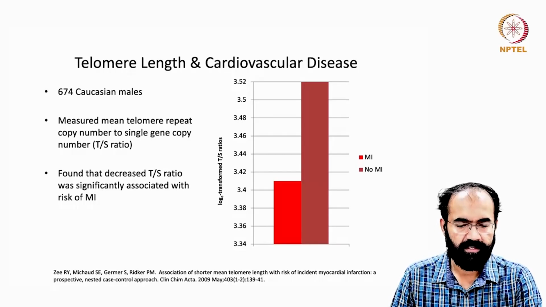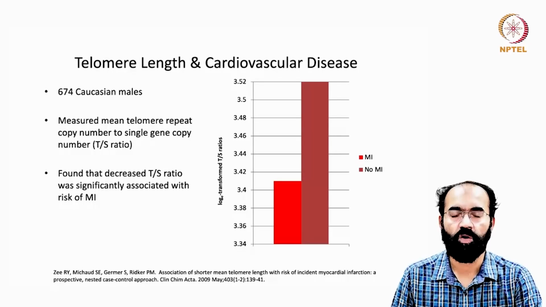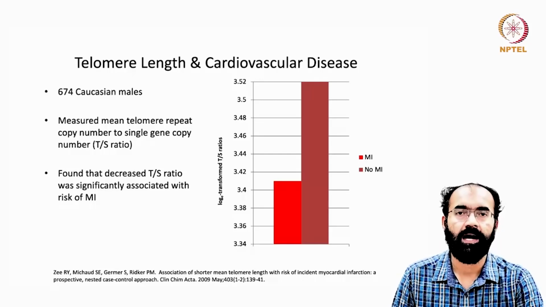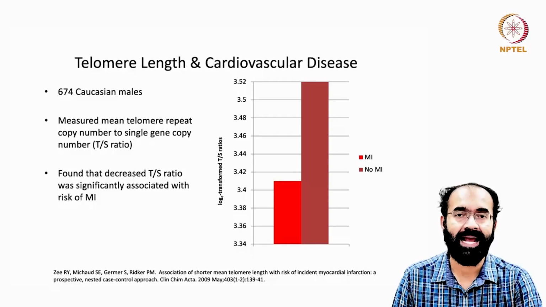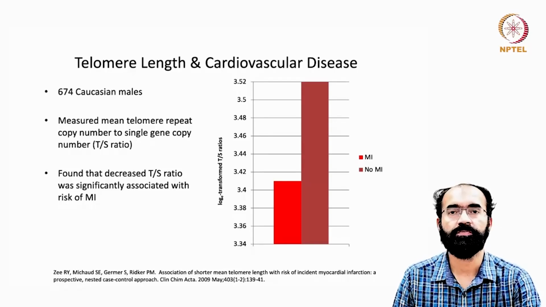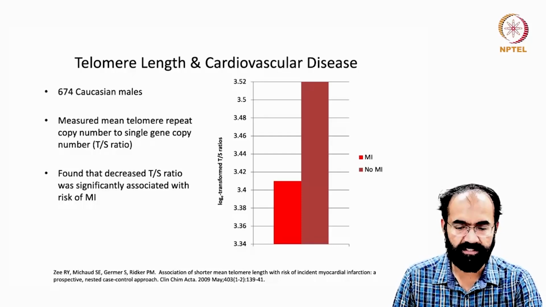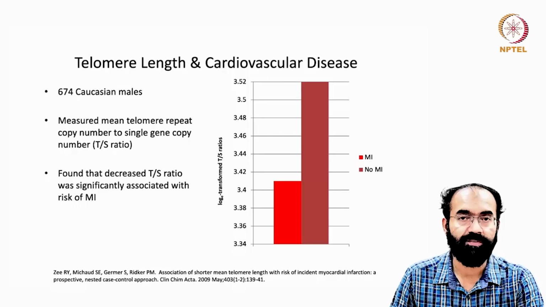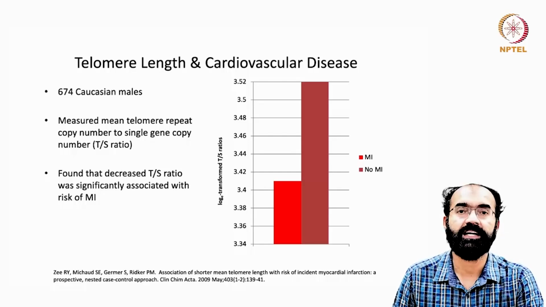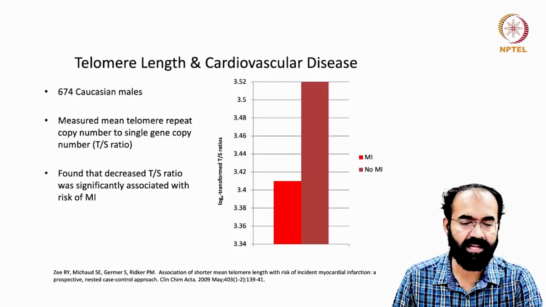So we were here learning the importance of telomere length and how the length of telomere is influencing or enhancing the propensity of getting certain disorders such as cancer, cardiovascular disease, etc. So in the previous class, we were on telomere length and cardiovascular disease. They studied around 674 Caucasian males and measured the mean telomere repeat copy number to a single gene copy